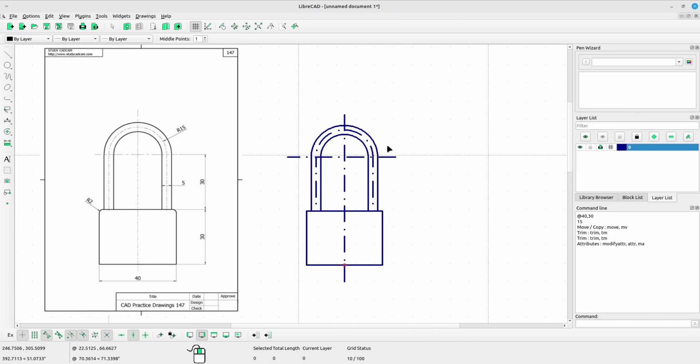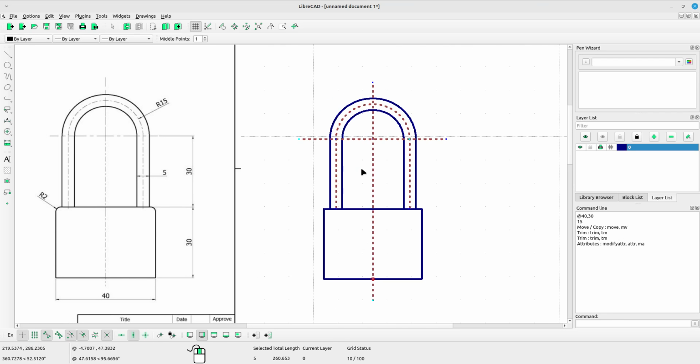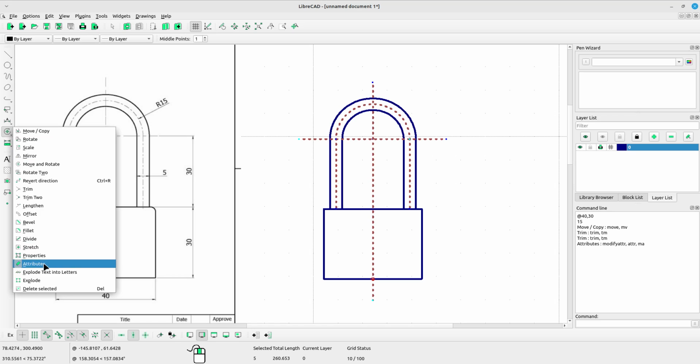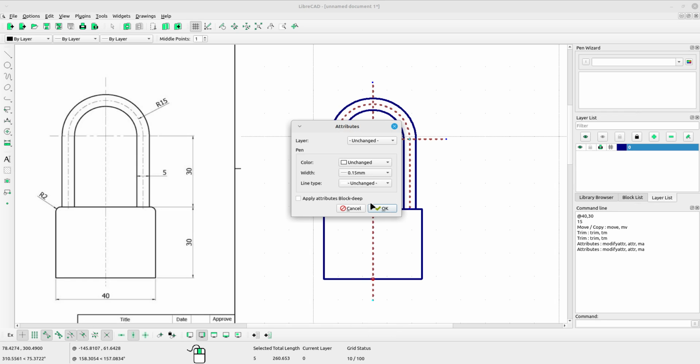Oh, and I think we should change the width of the lines here. Select attributes and change the width into 0.15. Click OK.